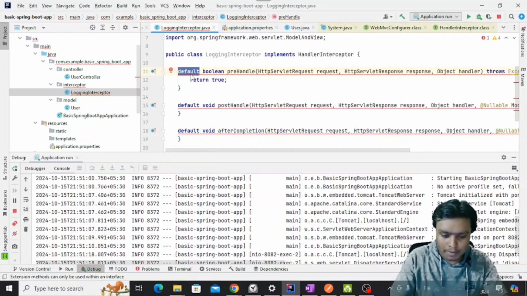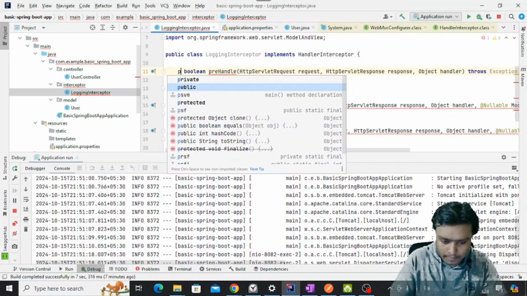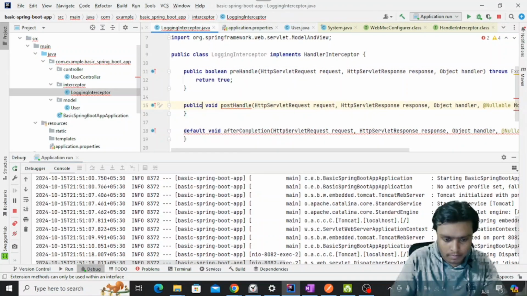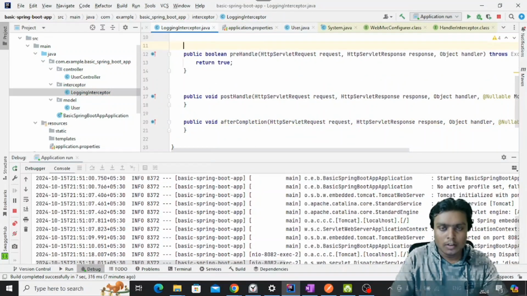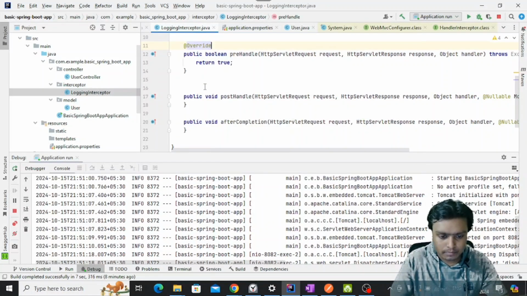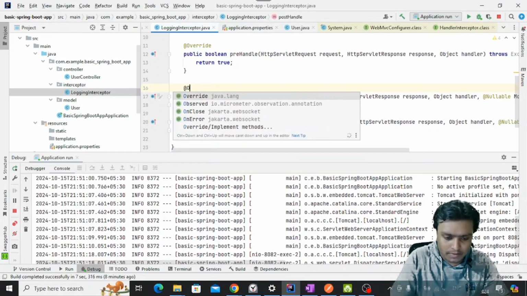We will remove the default and change the specifier to public. Just to let the compiler know that we are overriding these methods, I will put the @Override annotation on all of them. It is not compulsory, but as a good practice we should mention it.